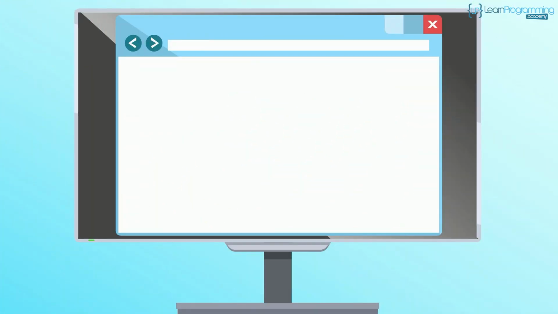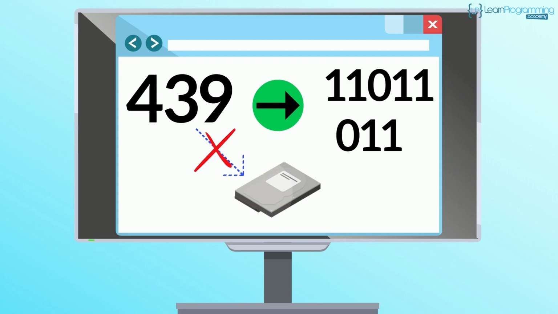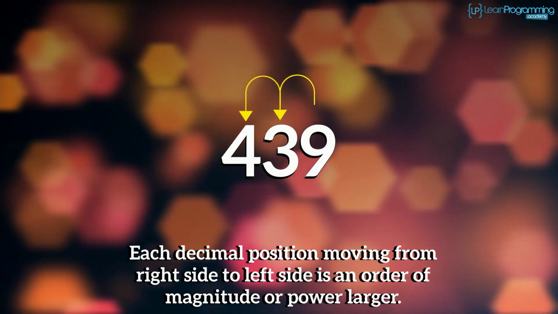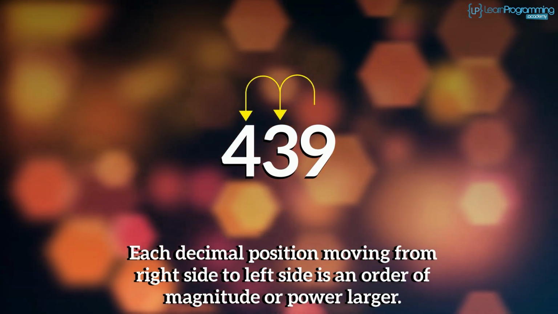The computer simply cannot store 439 as a decimal number, and so it converts it to a binary number that represents decimal 439. In this case, that would be 110110111. Each decimal position moving from right to left is an order of magnitude or power larger, for example 1,